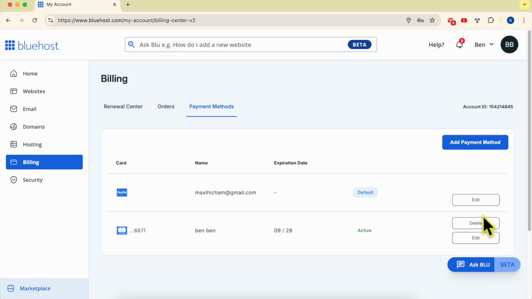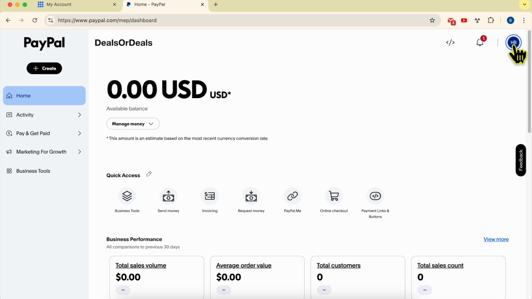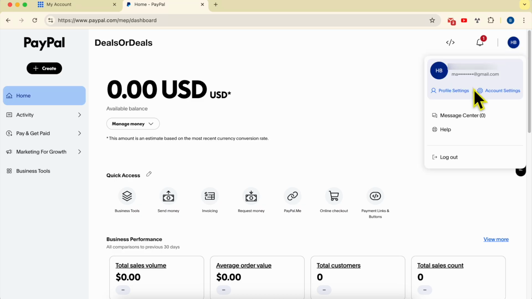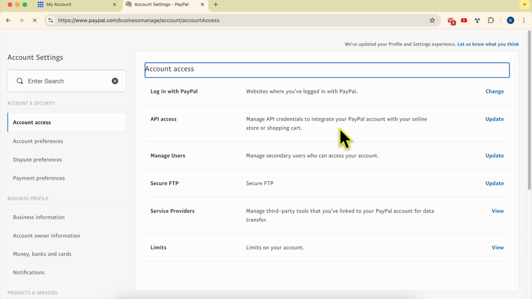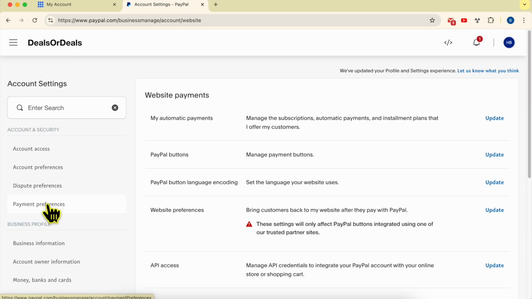But before this, to not forget about stopping automatic payments from Bluehost inside PayPal, go to your PayPal account, click on your profile icon, click on account settings, then scroll down to website payments below products and services, and here you will see my automatic payments. Click on update,